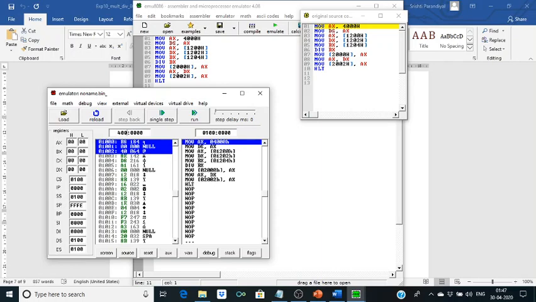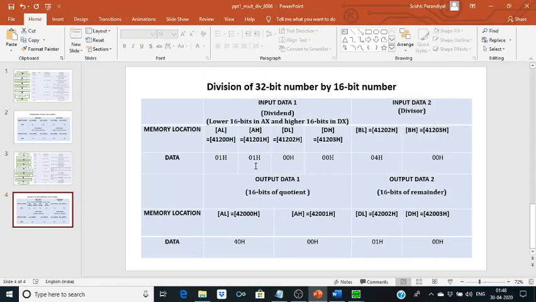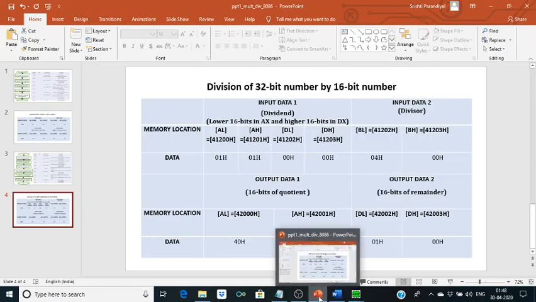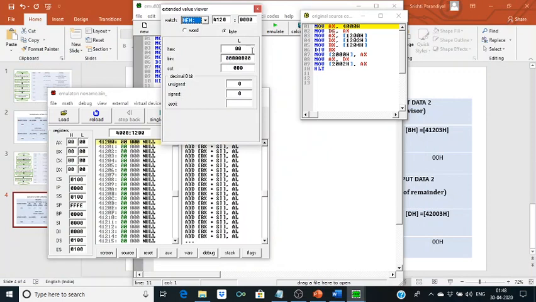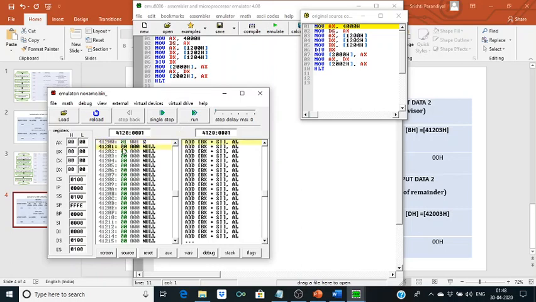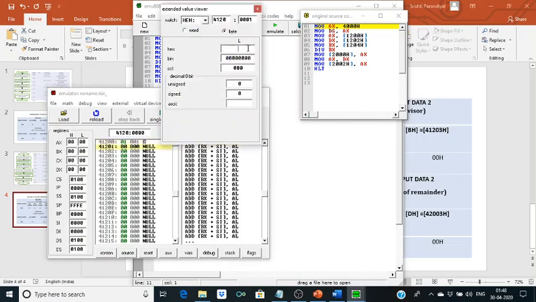Now first we will store our data at 4012. So the first data we will take as 0101. So this we will make 01, this also 01.